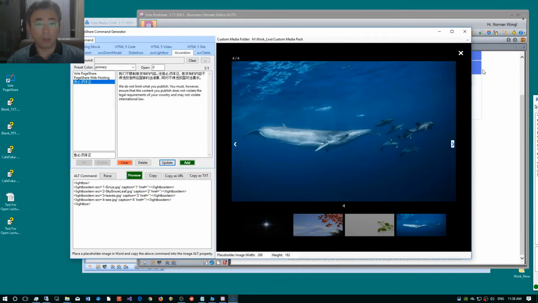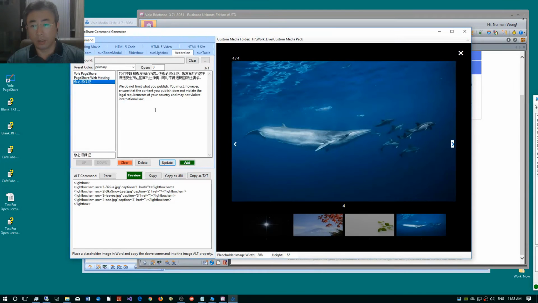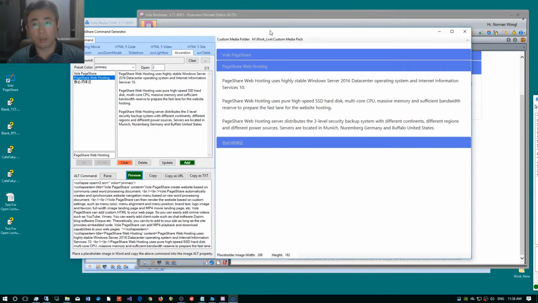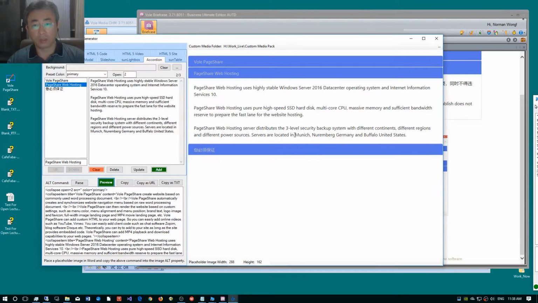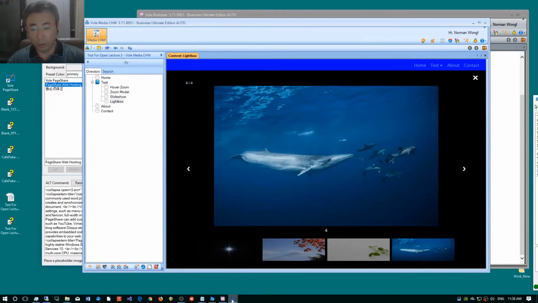You can select color. The default primary is this color, the blue color. Okay, we can select the default open, the first one, the second one. We default open this one, and select preview. Now you can see this your accordion, and open this one. If you select 3, you will open this one. So then we copy this command and then go back to your